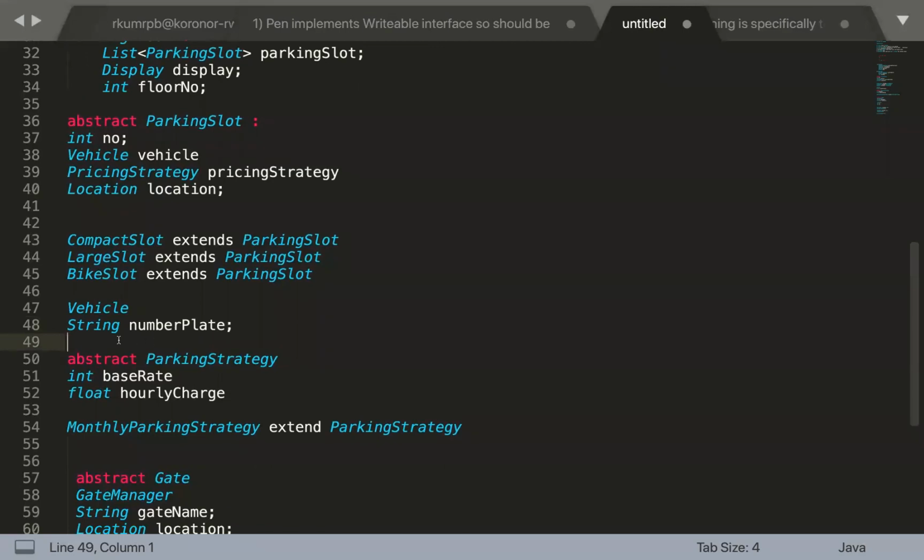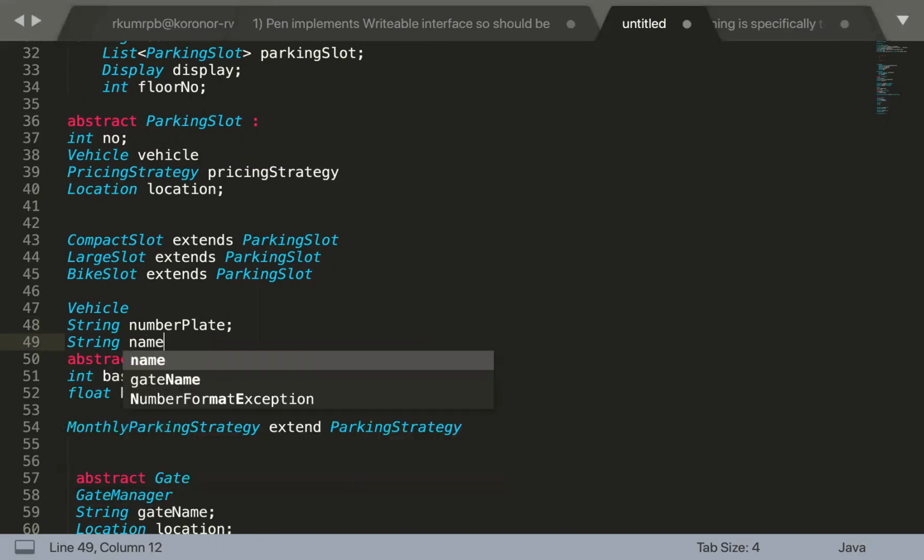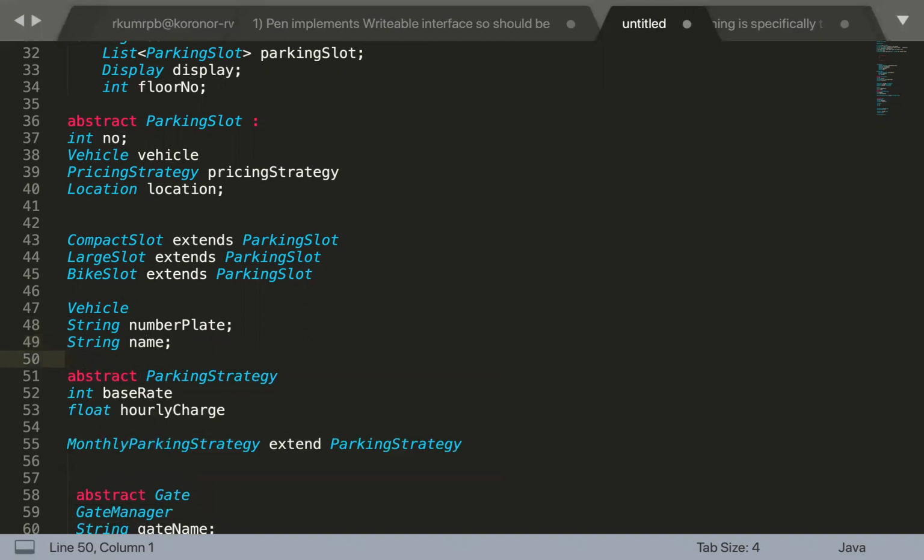Type of vehicle. Do we need this? Compact, large. What attribute is mentioned? Type of the vehicle, like compact, large. So probably we can mention the type of the vehicle. Again, the similar problem: if you want a basic simple implementation, we can go ahead and mention the type of the vehicle.